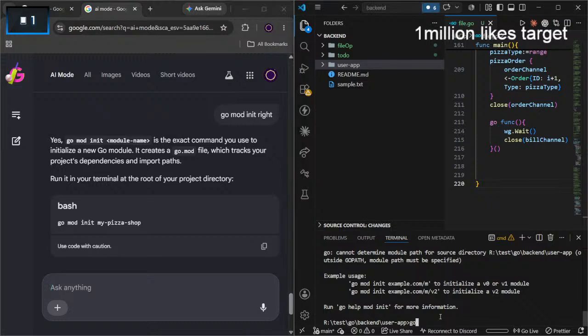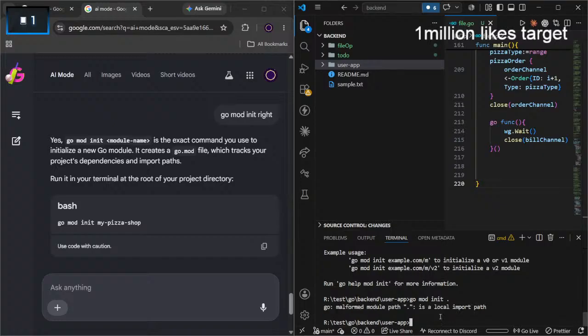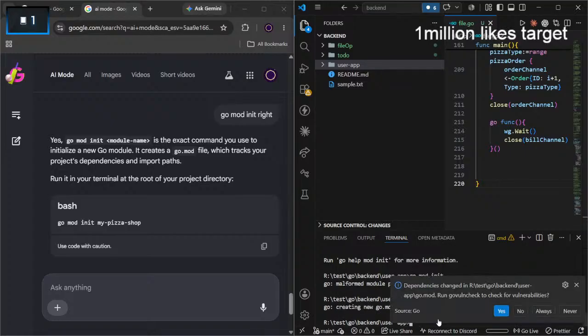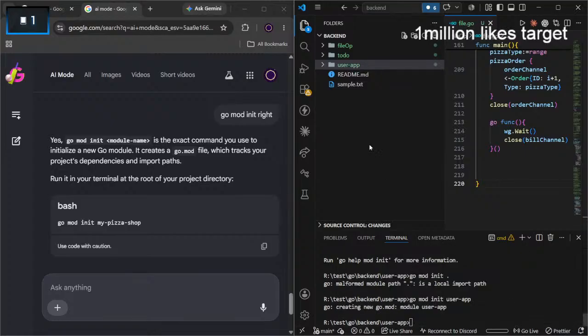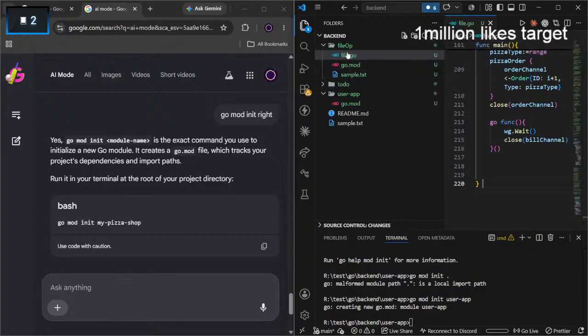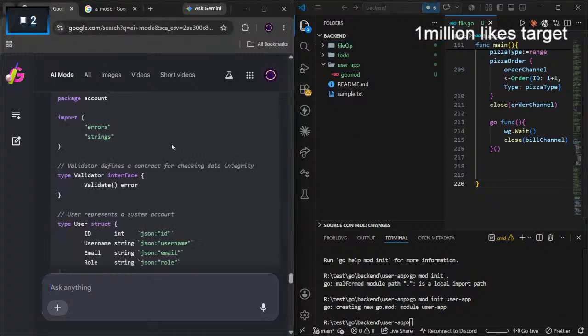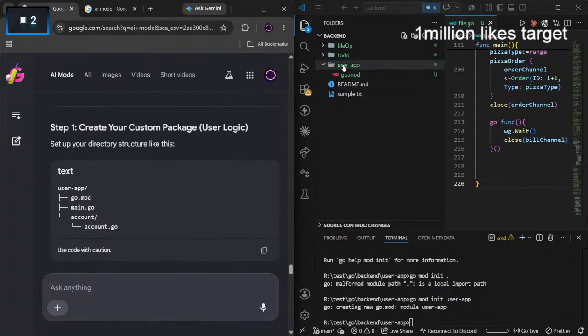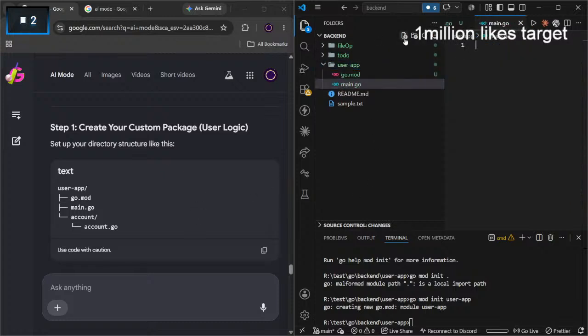Oh, maybe I need to write go mod init with a name. Maybe we can just write go mod init user app. Yeah, you need a name anyway. We have a go.mod. We need a main.go. And what do we need?